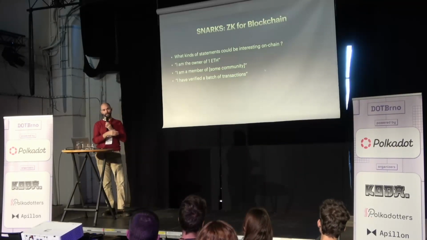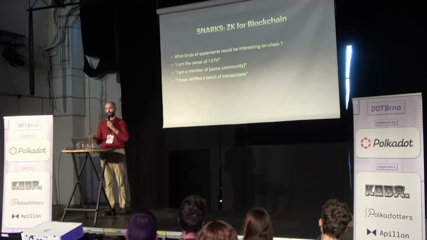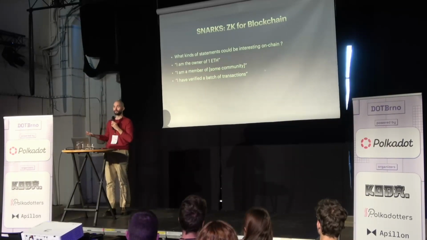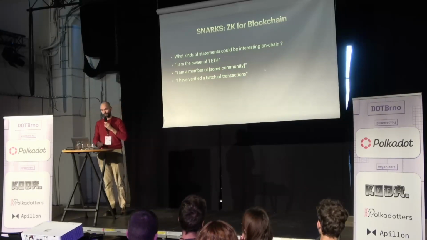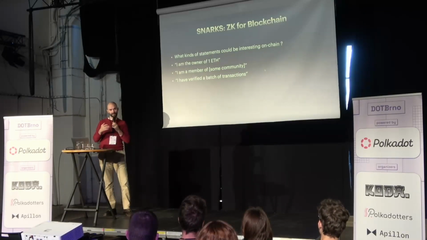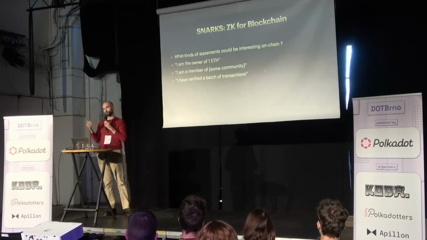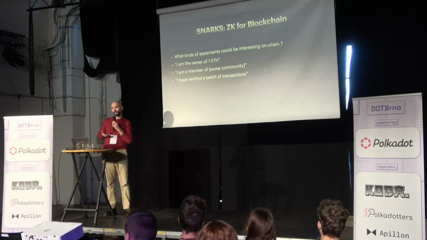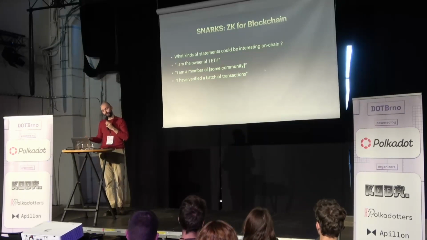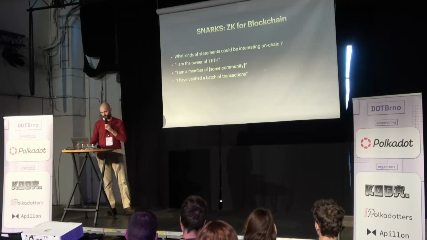Or if we replace 1 ETH with like an NFT, then you can prove that you're a member of a given community, right? I prove the statement, I have the keys to a wallet that contains an NFT from this collection. Now I've proven to you that I'm a member of some online community. If roll-ups are your thing, then you might want to prove the statement, I have verified a batch of 10,000 transactions. And instead of actually verifying those on chain, maybe you can just submit a proof that you did it on chain, and the chain can verify that proof, right? And we start getting ZK rollups.